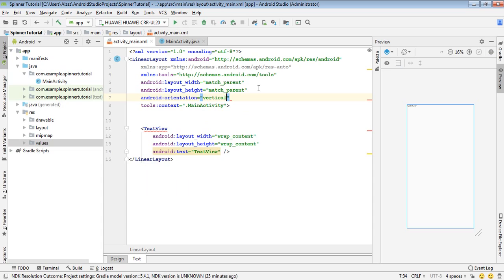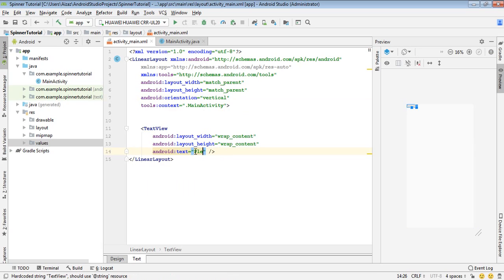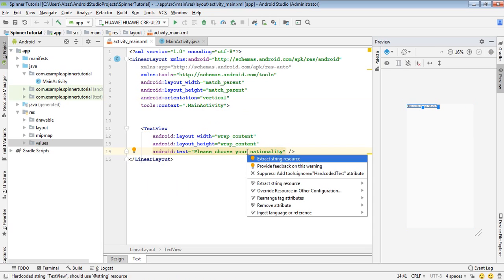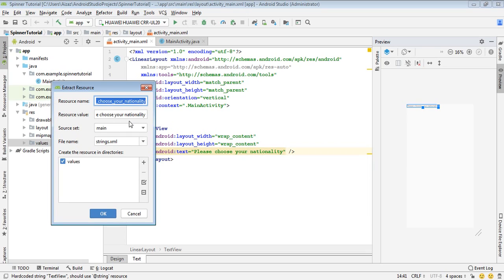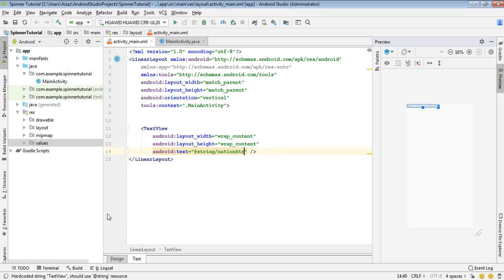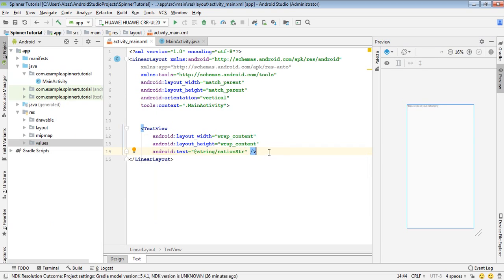So I can write it vertical, and this is my text view. I can change its message to please choose your nationality, and I can convert it into a string. So just press Alt Enter and then press Enter, and I can give it the name nation string. So just click OK. After this I need a spinner, but